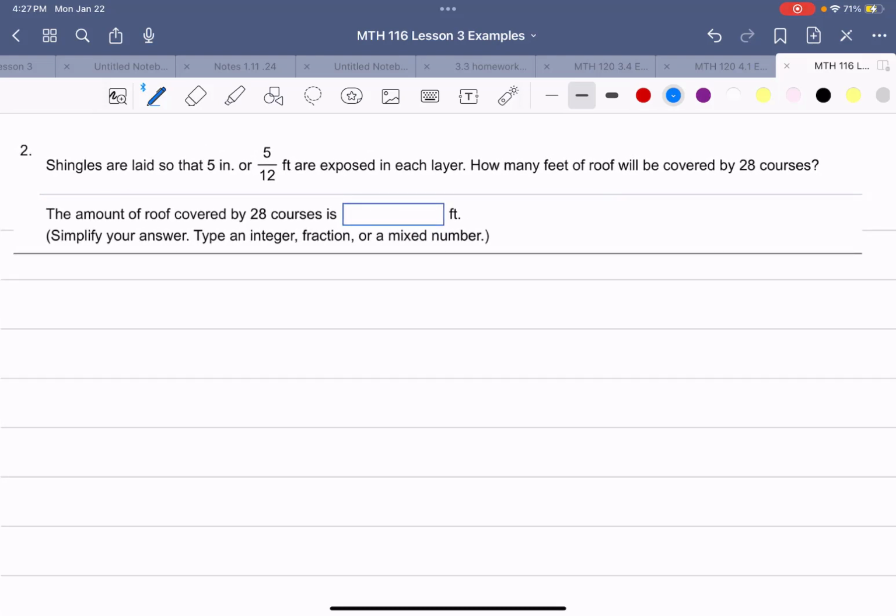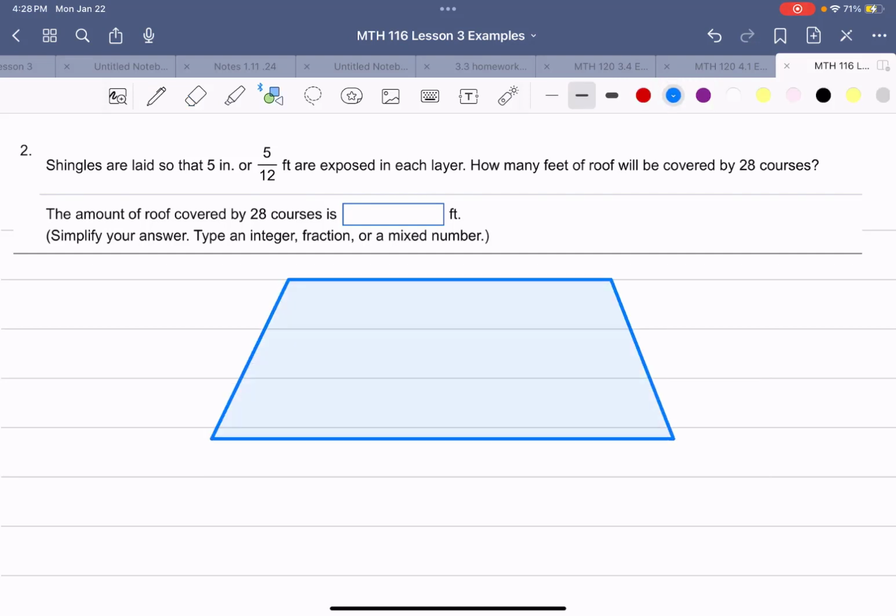Example 2. Shingles are laid so that 5 inches or 5/12 of a foot are exposed in each layer. How many feet will be covered by 28 courses? So when you have a row of shingles, let's draw a roof. Each one of these rows